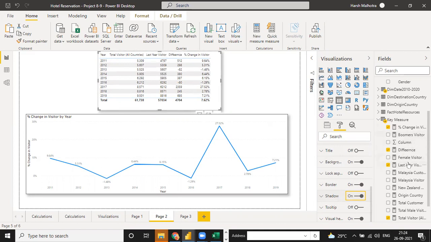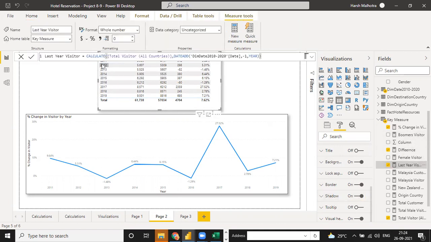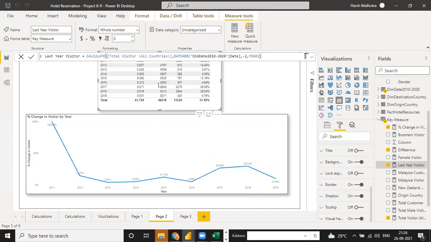Last year is one main example for you, calculated with the DATEADD function. The DATEADD function tells you in which interval you want it. Suppose right now I choose here day, 2, it means a 2 year difference. When I click enter, see, it will give me the value of a 2 year difference.